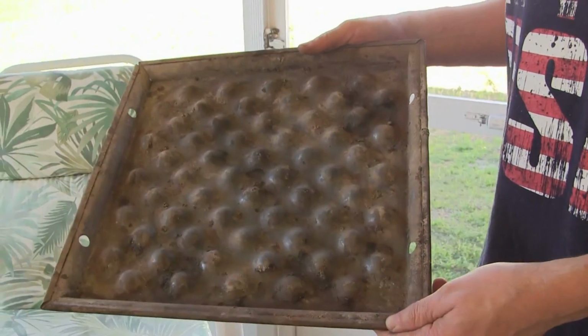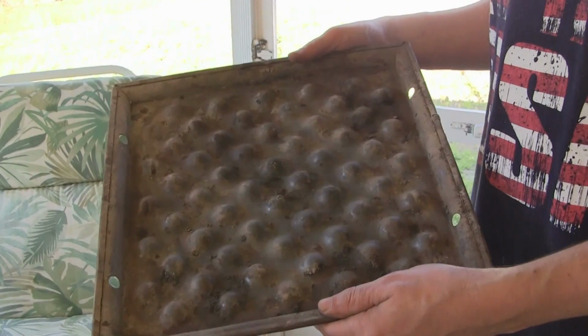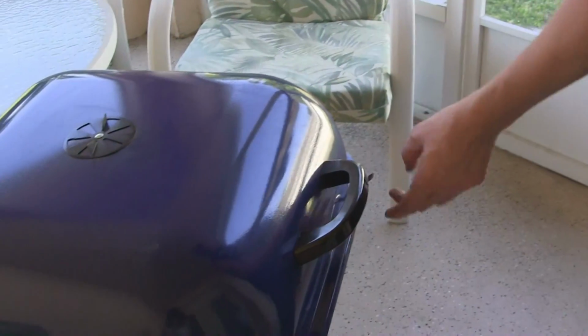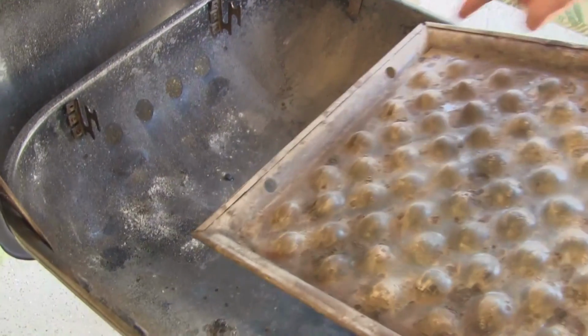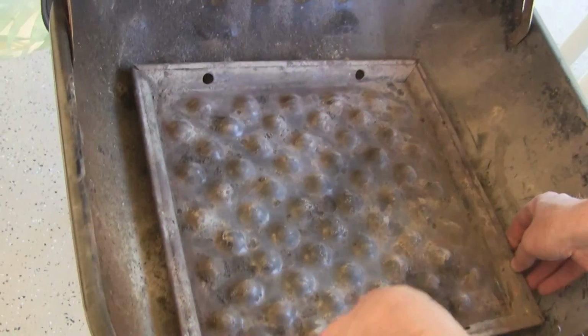Alright, so this is the tray where you're going to put the charcoal bricks in. Now, it looks pretty scuzzy because I've been grilling like crazy and I've been using it. So basically, we're going to open the lid. There's a little latch here that keeps the lid shut. I'm going to open the lid, and with the holes facing towards the back of the lid, I'm just going to place it in there,